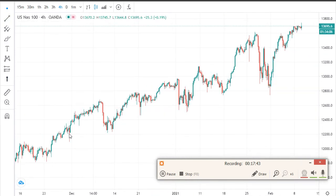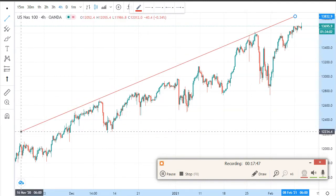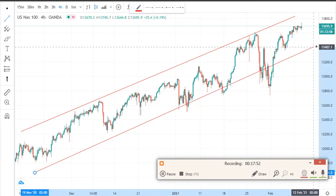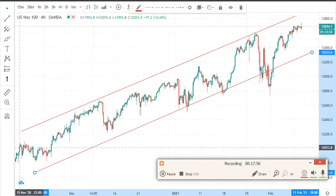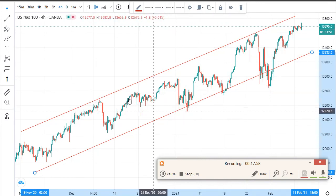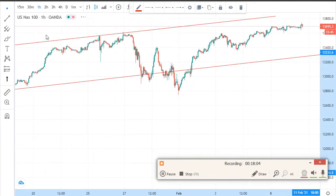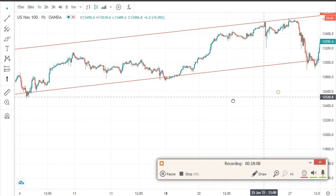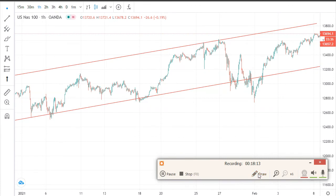You can see here the market from, let's draw from here. If you know what uptrend means, you can see this thing is going up. So what you can avoid is avoid when the market is ranging. Avoid ranging markets, because you will lose. So when the market is going up like this, it's easy for you to make money, just because you just wait for